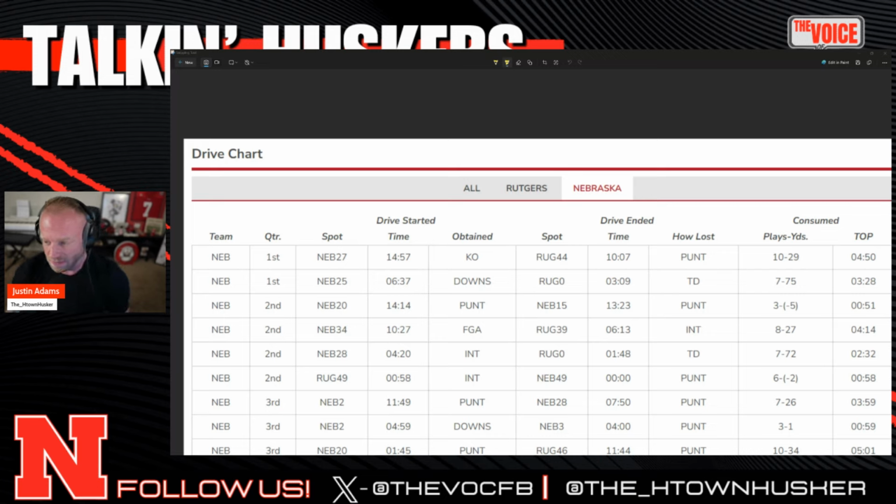Moving over to the next drive. Second quarter starting here. So we go with a jet sweep, loss. Again, something stretching the field to the outsides. Something's not working there. We get a loss on first down. Now we do a pass to the outside at the line of scrimmage. Okay. Penalty after that, and then an incomplete pass, and we punt. So we come out with 2 plays at the line of scrimmage,